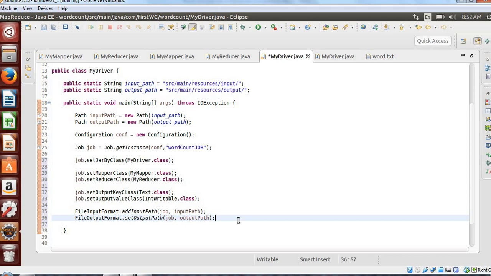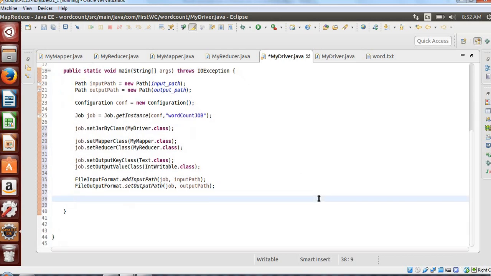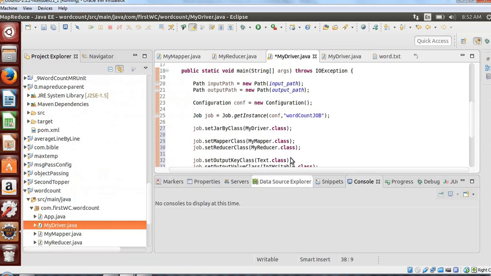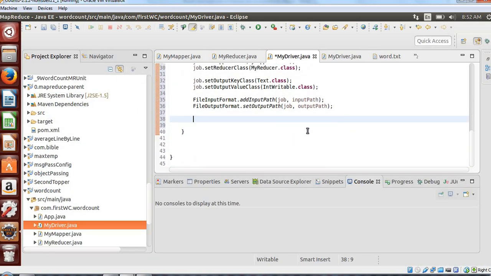Now you have to write a statement for executing your job. Before that, one point I would like to add here is, when the job is executed, it will look for this output path. If the path already exists, it will fail, saying the path already exists. It won't override it. This is the logic defined in the MapReduce job, because the path might contain some important output, so it fails rather than overriding the files.